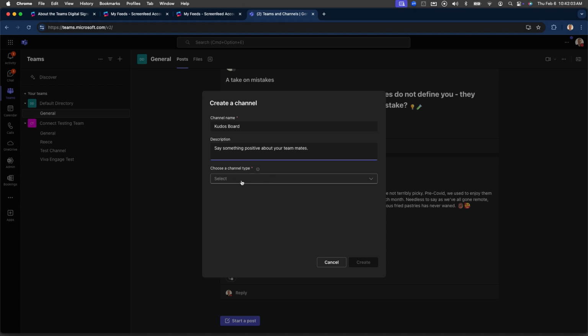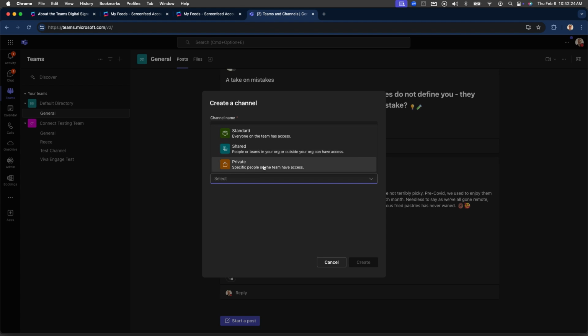If we go down to choose the channel type, we can choose standard, which will give anybody who has access to the team access to the channel. You can also do shared, which is saying not only people that have access to my team have access to the channel, but people outside of even my organization can have access.